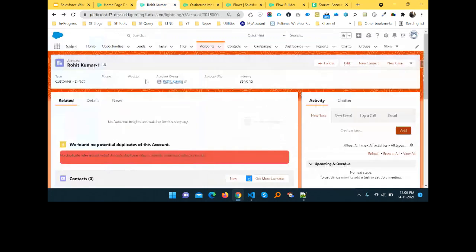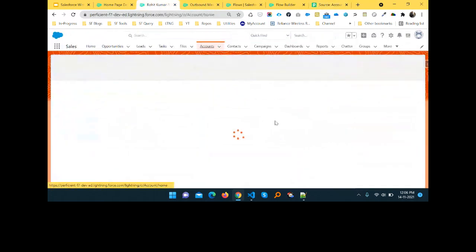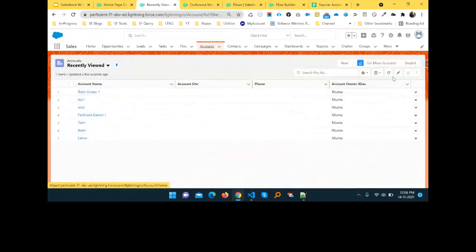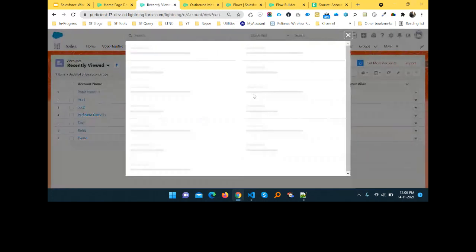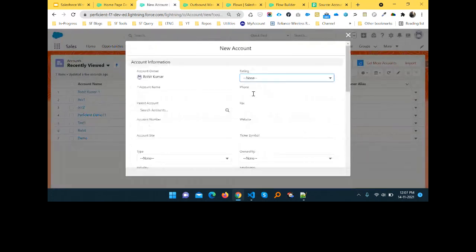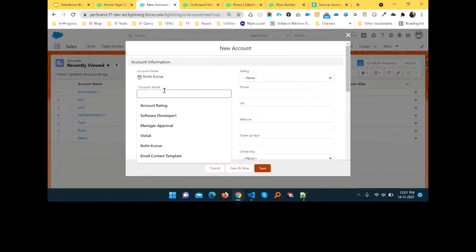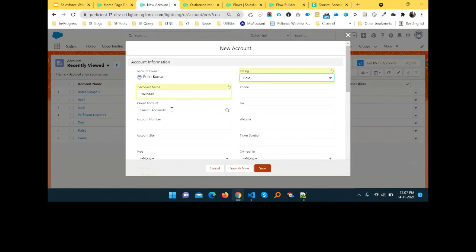Just go ahead and click the account, and let me create one new account with the help of the new button. The criteria should be matched, like rating should be Cold, account like Trailhead. And you can put some data.